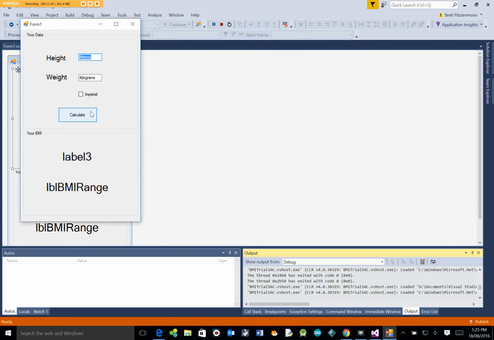Now, there's still a bit of formatting to go, but we should see that, there we go, it's working fine. So if I put it in meters, I know I've got to do it in meters. I don't even have to check this unchecked. I put in 2 meters and 100 kilograms, calculate overweight, 2 meters, 100 kilograms, what's that, about